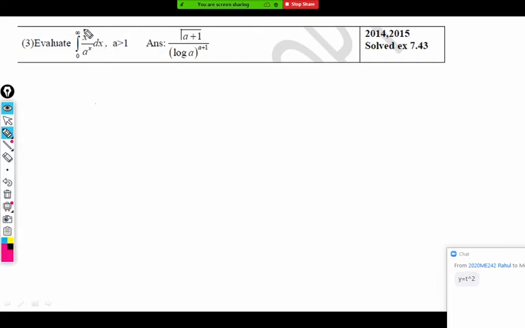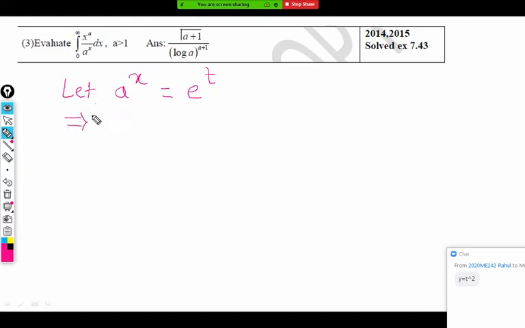Remember, in the integral, which is the exponential term? A raised to x. So right now we are given an exponential term with the base a, and that is in the denominator. If you take it in the numerator, it becomes a raised to minus x. We want that in the form of an exponential with the base e, so we do the substitution like that. If you take a raised to x equal to e raised to t, and that e raised to t comes in the numerator, we require it as e raised to minus t.